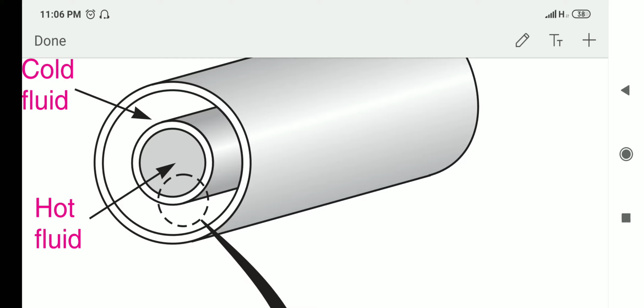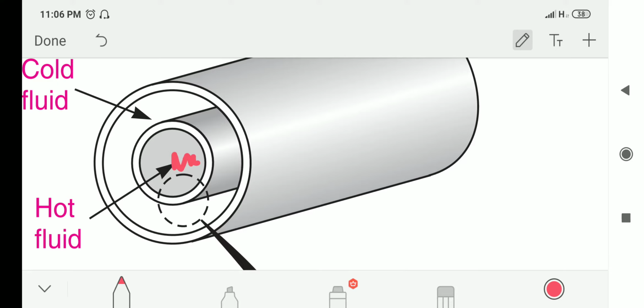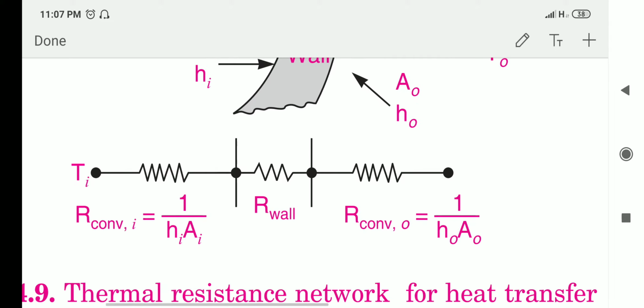So there are three stages of heat transfer there, resulting in three resistances. Don't worry, these are very simple things. From the hot fluid to this surface we have a resistance, through this wall we have the second resistance, and after that we have the third resistance. As you can see, this is one convective resistance, this is also convective, while this one is a conductive resistance. So it's an elaborated version here: we have the convective, conductive and convective resistances.